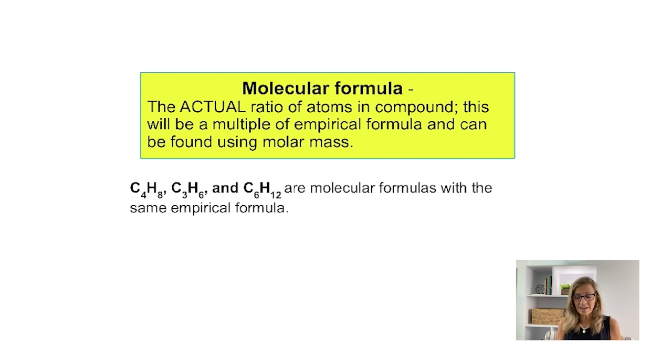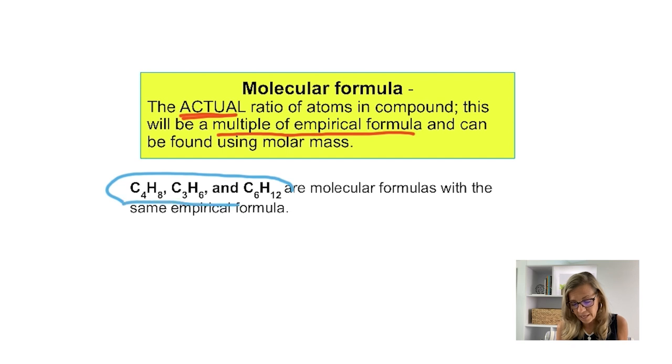Now, let's move ahead to molecular formulas. What is a molecular formula? That is the actual formula. Where did it come from? It's some multiple of the empirical formula. So I've got 3 compounds here. Let's just take a look at these 3. C4H8, C3H6, and C6H12. These are all real molecular formulas, and they all have the same empirical formula, which is